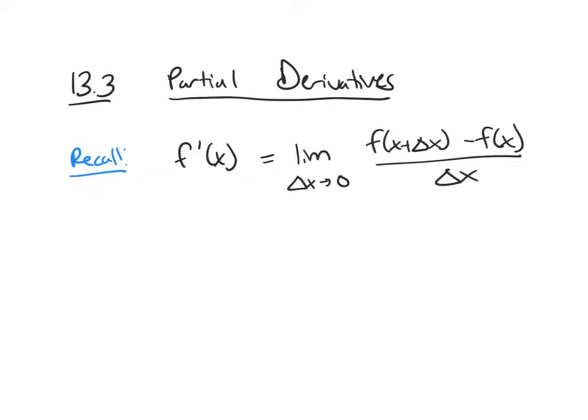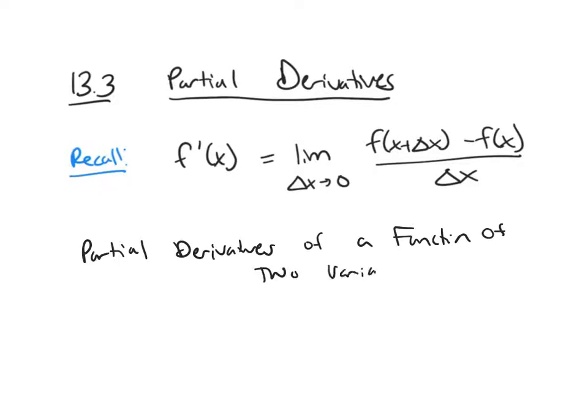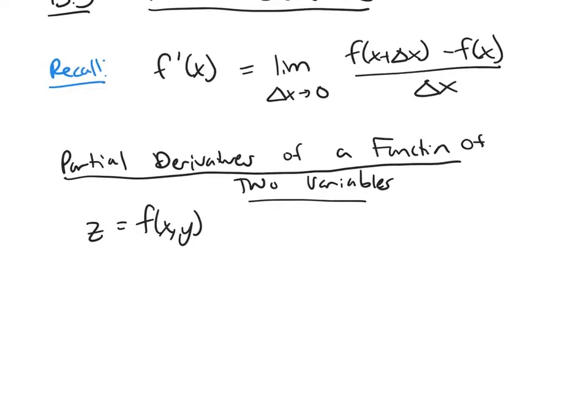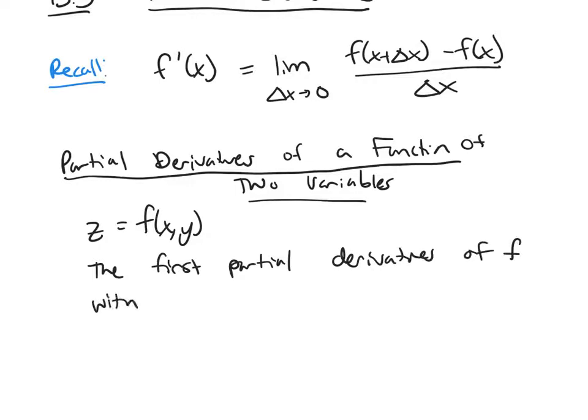And so we can now start defining our partial derivatives of a function of two variables. So if we have a function of two variables, remember we write f of x y, but this will be equal to z. And so then we have two first partial derivatives. The first partial derivatives of f with respect to x and y